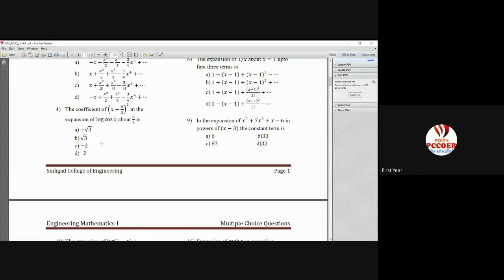So again, if you want to solve it quickly, you should know the formula properly. What's the formula? f of a plus x minus a times f dash of a plus x minus a the whole square by 2 factorial times f double dash of a. You should know that if the degree is 2, then the coefficient of that will involve the double derivative. So f double dash of a divided by 2 factorial should be your quick answer. For that you have to take the derivative of log of cos x 2 times and put x equal to pi by 3. You are not going to write the entire expression.